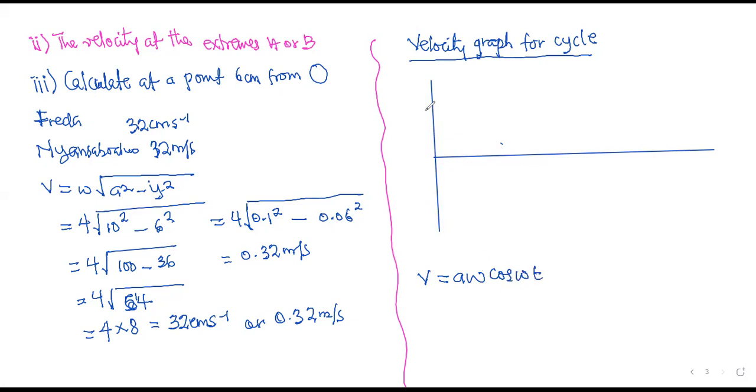We just saw that the maximum velocity is A omega. So the oscillating body will just be oscillating between this and minus A omega. So let's do this with respect to time. So v in meter per second, and then t in seconds. So at a time,